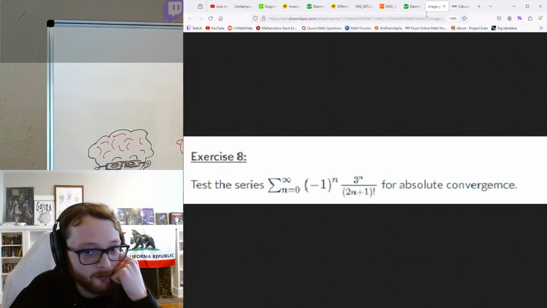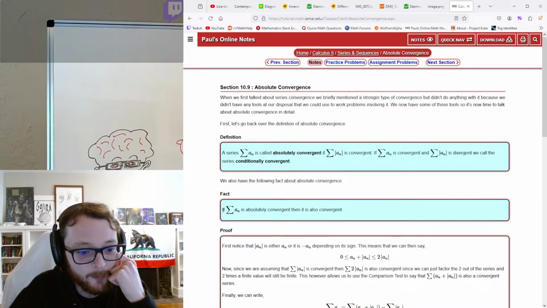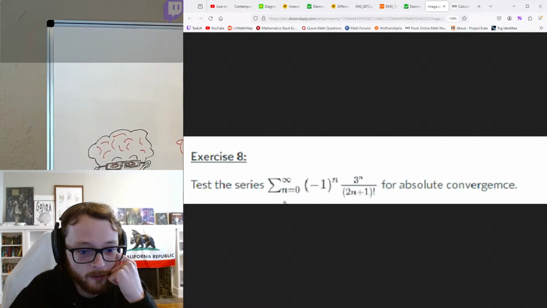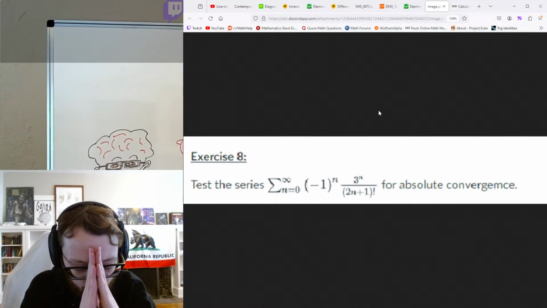There is a theorem that says if the absolute value of the series converges, then so does the alternating version of that series. And so we can throw away the (-1)^n for the purposes of this problem. Now, how do we prove